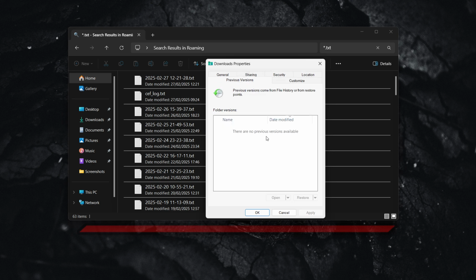In case there's a previous version available, which in my case is not, but if in your case there's a previous version available, open it, load it up, and then inside that previous version folder, you could be able to find your txt document or your notepad document that hasn't been saved. So those are the two